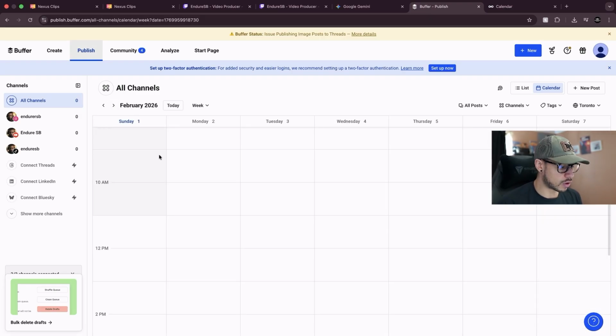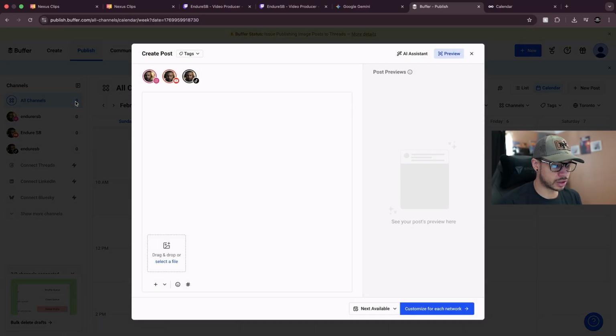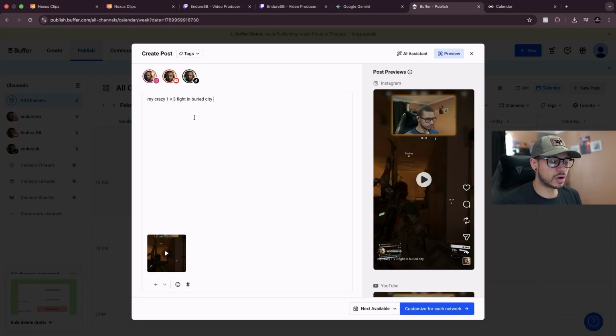So let's jump into what it looks like when I go to post one of my content and how easy it is. So if I were to go today, Sunday, I'm going to click here on the top right corner, all channels, and I'm going to create new posts. And you can see here in the top left corner that these icons are all highlighted, meaning that's where the content is going to be posted to. So I'm going to find that content. I'm going to load it in here, my crazy 1v3 fight in Berry City,